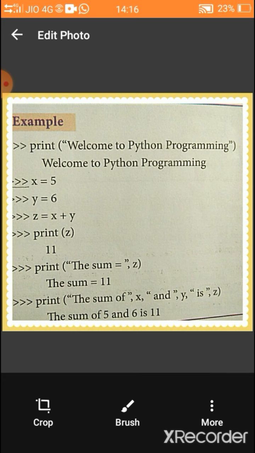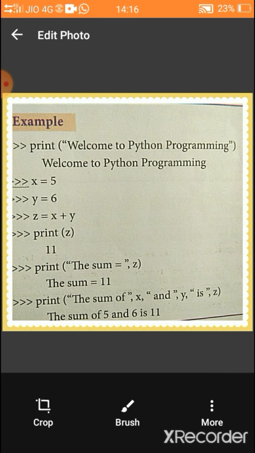The next statement is print bracket of the sum of. It is given in double quotes, so the sum of will be printed. Then we use a comma to give another variable's value, that is x. x is given without double quotes, so the value of x will be printed.